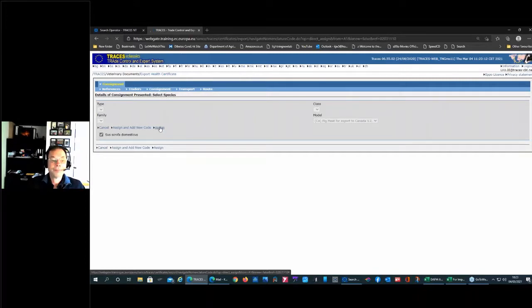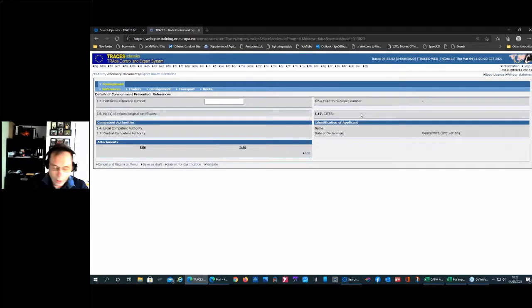That now brings me in to the start of filling the EHC, the European Health Certificate. I will always be working, and you will always be working from left to right. So references will come first, then traders, then consignment, then transport, and then route. Now, in the particular case of references, the only thing that will concern